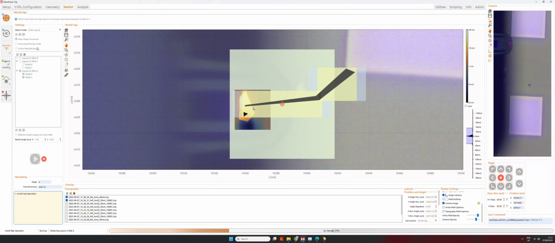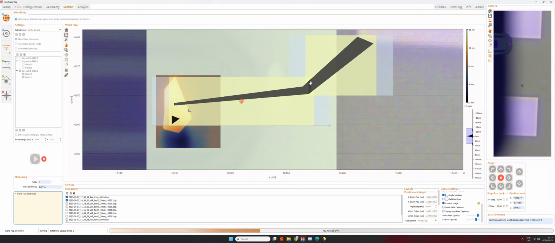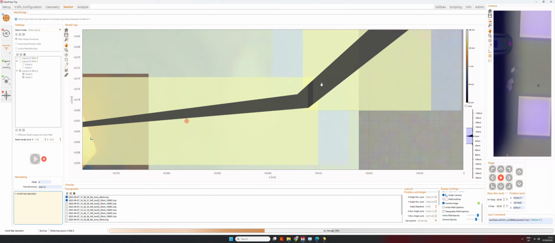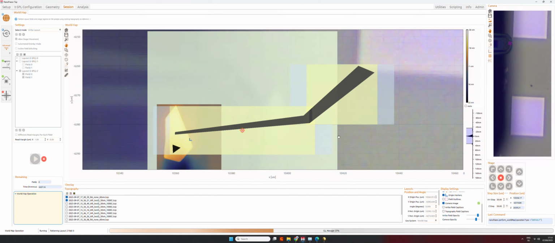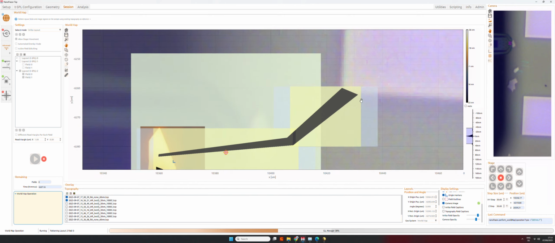In case we want to do an active field stitching, now we're doing a standard field stitching. We can also check this active field stitching, and this will work in a way that we will write field number 1, then we will read the margin of field 1 and then align field 2 to field number 1.